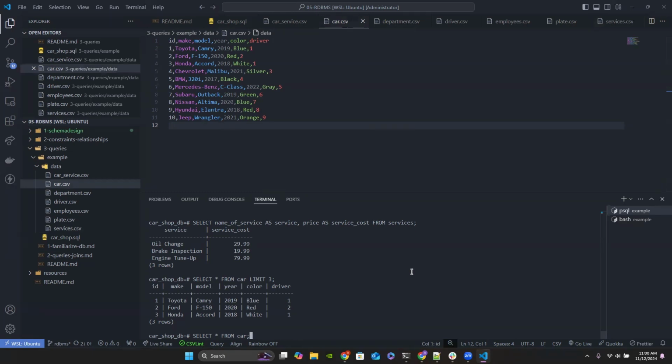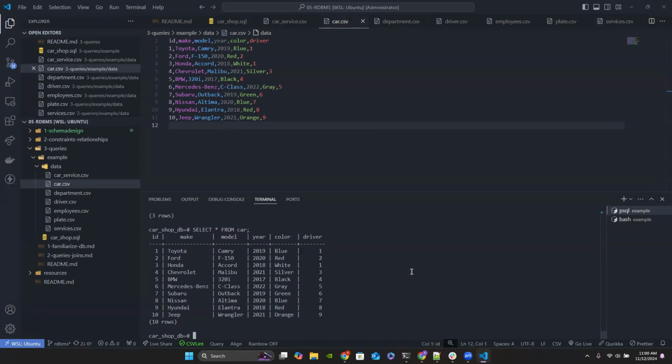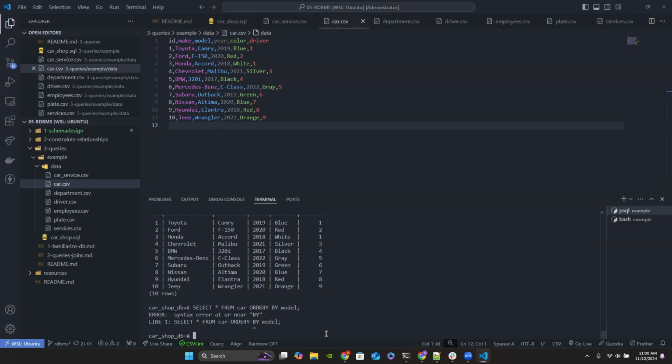Actually, let's do it without the model first. And we see it's right now being ordered by the ID. It's from 1 to 10. But now, if I say order by, and I change it to order it by the model, we see,